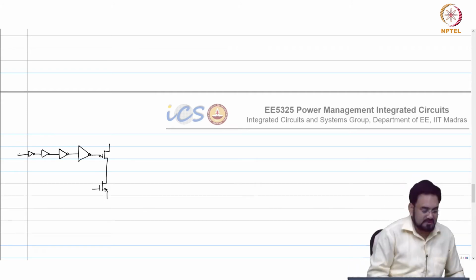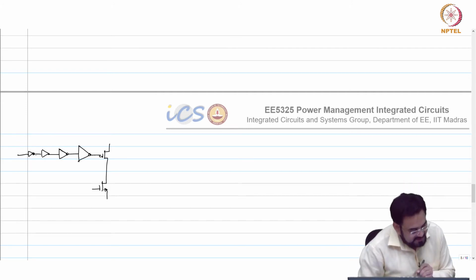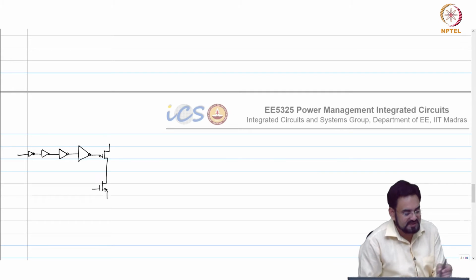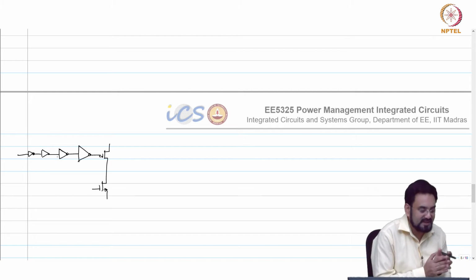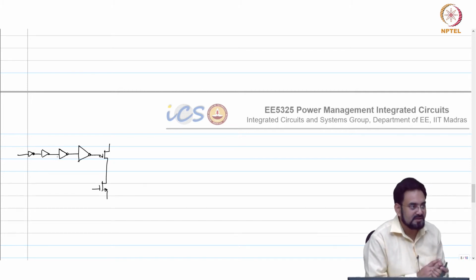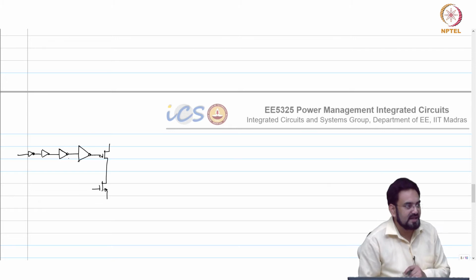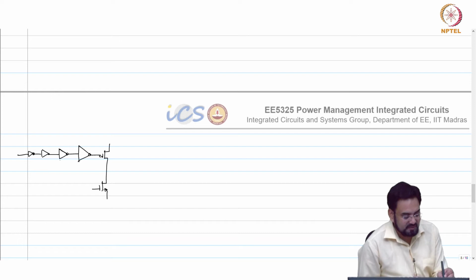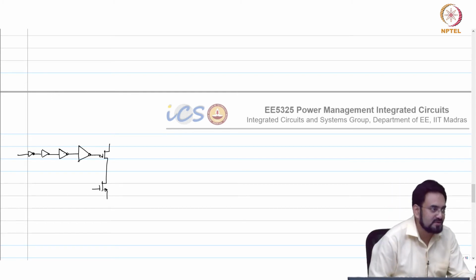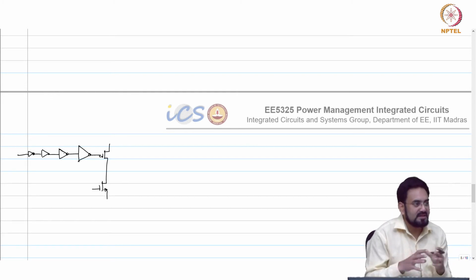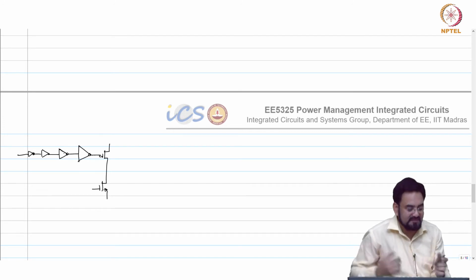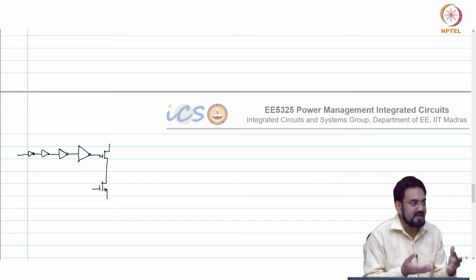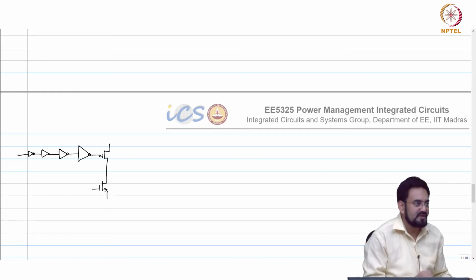This is how it looks. The simplest way: because these inverters will have the same characteristic, since they are built using the same devices, when you increase the size, the gate cap increases. So roughly you can estimate, for one inverter to get 100 picoseconds, what should be the size of the next inverter driven by the previous one, 5 times or 10 times, and you can simply use that formula.